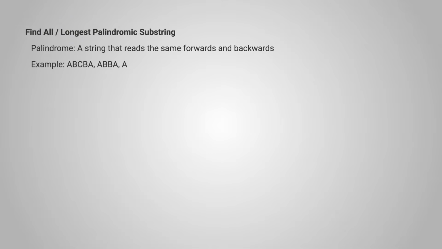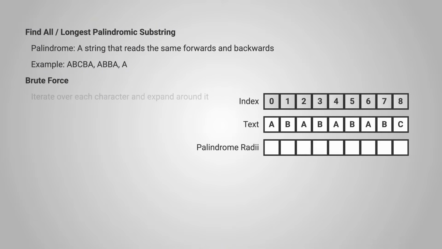Manacher's algorithm is an efficient algorithm to find all palindromic substrings in a given string. The naive approach checks every possible center and expands around it to find palindromes. Since there are n centers and each expansion can take up to O(n), the time complexity of the naive approach is